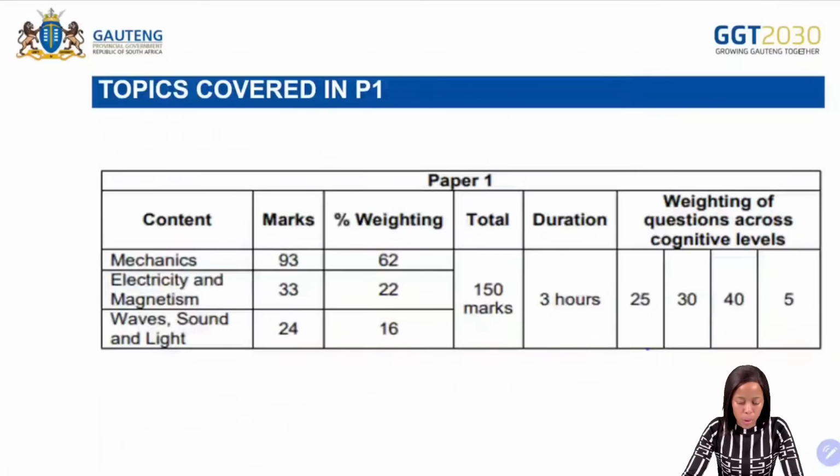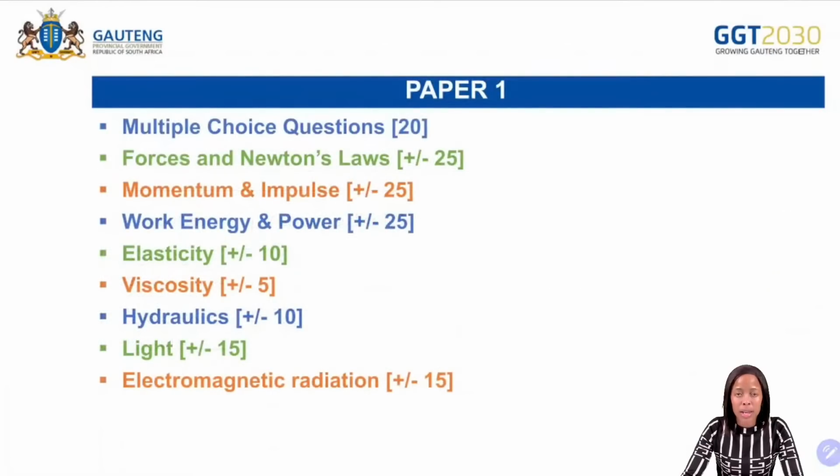In terms of the content, paper 1 has mechanics, which has a total of 93 marks. You have electricity and magnetism, which has a total of 33 marks. Then you have waves, sound, and light, which has a total of 24 marks. Now for paper 1, for the June examination, you will be having your multiple choice questions, which have a total